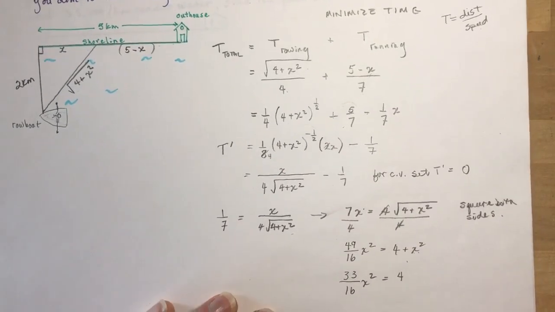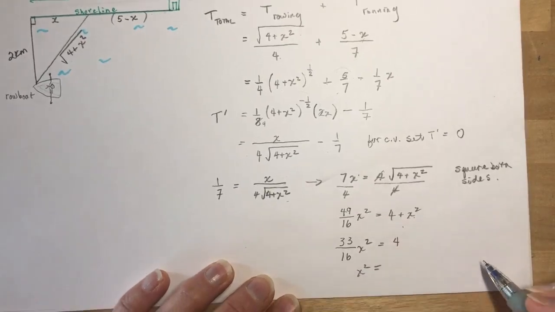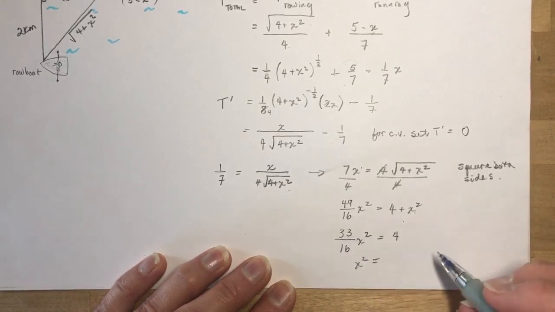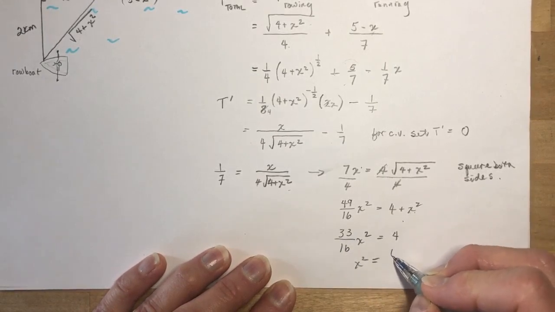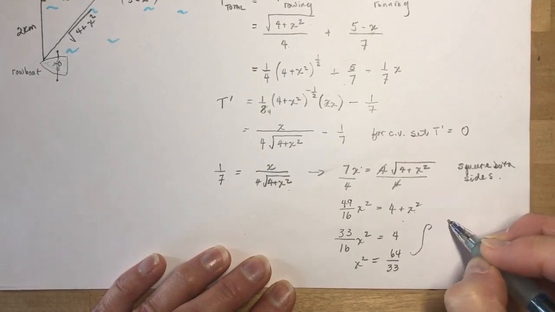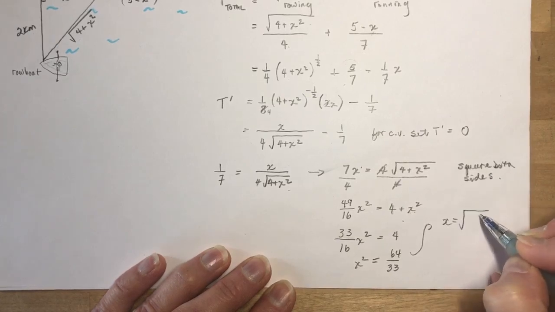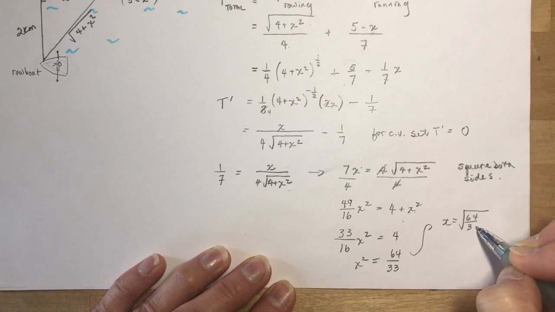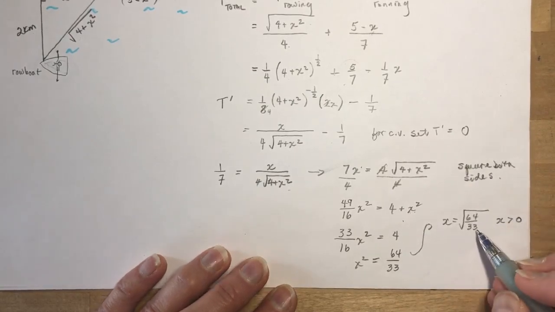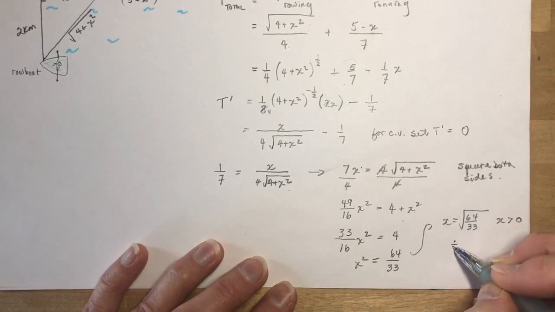And I'm running out of room again. And now I'm going to say x squared is equal to, can you see this? Okay, so I'm going to multiply by 16 over 33. So that's 64 over 33. And finally, x is equal to the square root of 64 over 33. And I also am going to say here that x is greater than 0. We can't have a negative length. And if you take the square root of that, you would get approximately